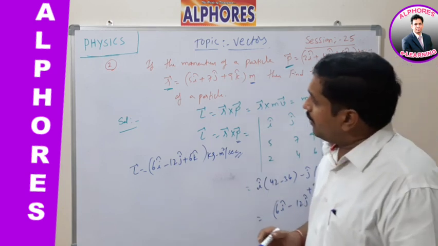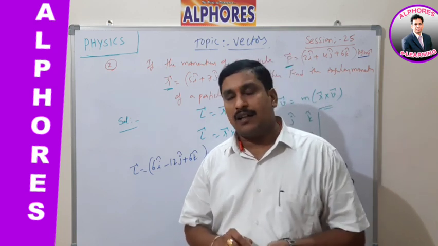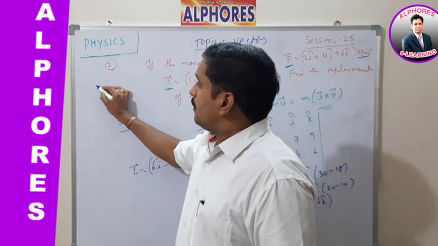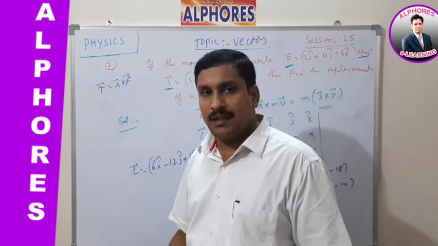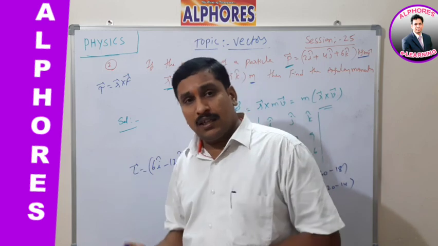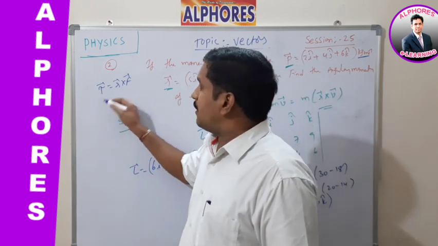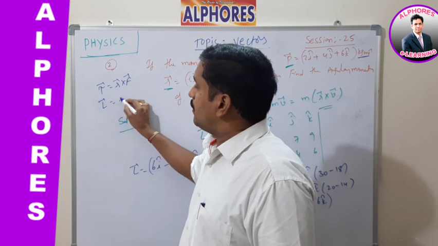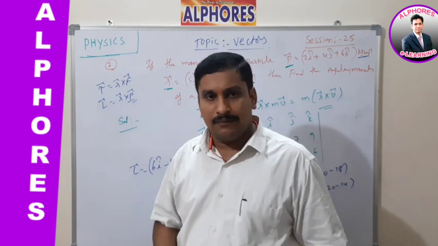If you know the values of the position vector and force vector, in order to find the torque, what is the formula? Tau bar is equal to r bar cross f bar, as per the example of cross product. And if you know the linear momentum vector and the position vector of the particle, what is the method of finding the angular momentum? L bar is equal to r bar cross p bar only.